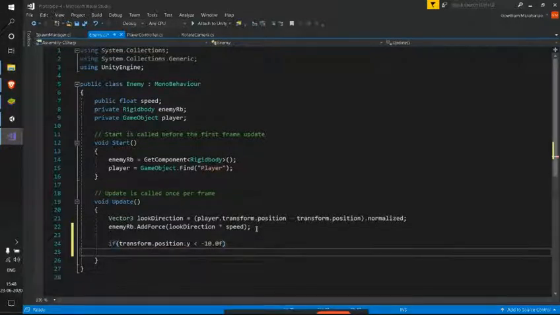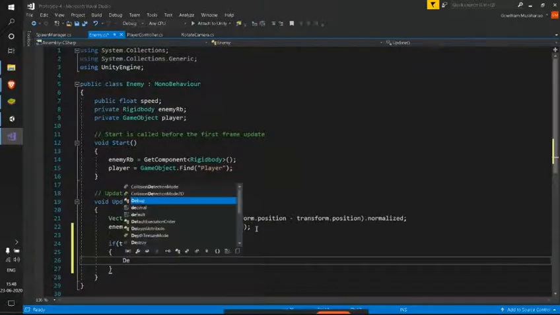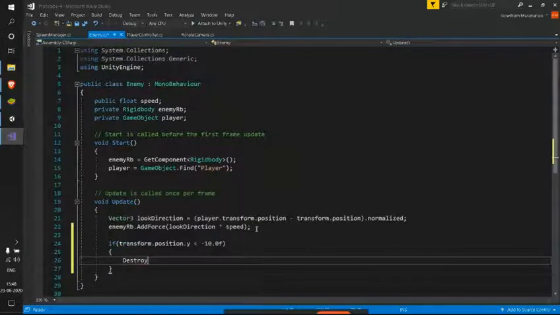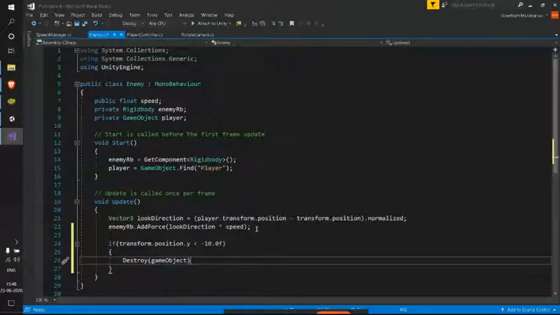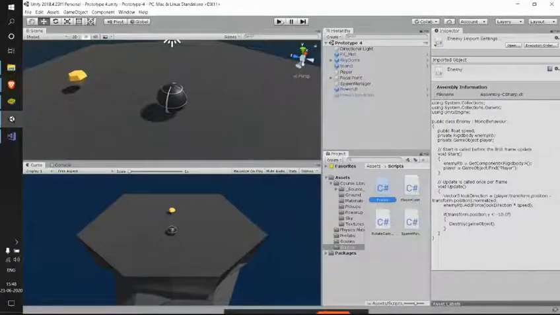what I'll do, I'll just destroy this game object. Why am I destroying this? Because I no longer need this if my enemy has fallen below -10. Let me show that again.